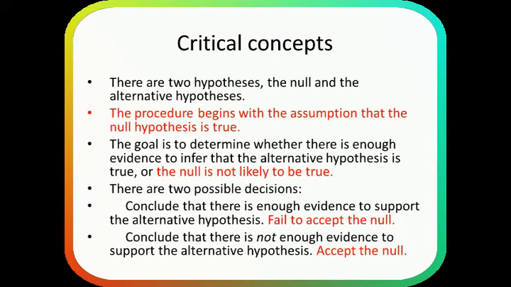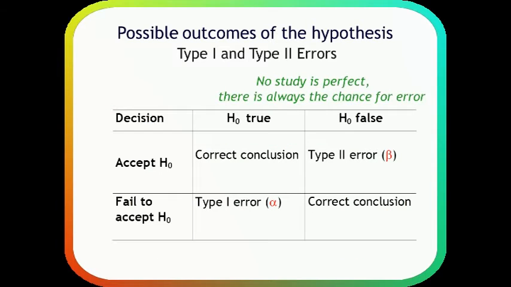So when we talk about making conclusions about our null hypothesis, I'm going to present to you in the next slide a 2x2 table which we have seen earlier when we talked about study designs or when we talked about screening. This 2x2 table will give us an idea about the correct and the incorrect conclusions which we are likely to make when we consider our hypothesis testing.